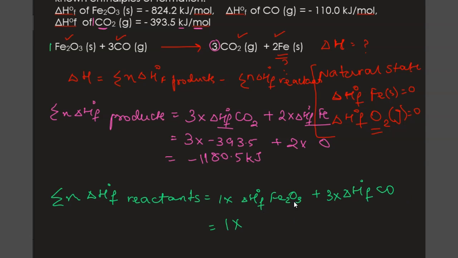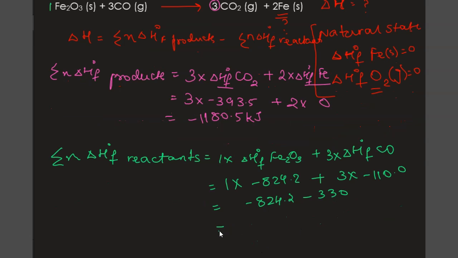What is delta H naught F of iron oxide? That is negative 824.2. What is delta H naught F of carbon monoxide? That is negative 110. All I have to do is just put it on the calculator. So this is what we get: negative 1154.2